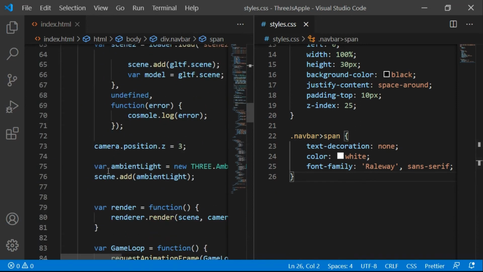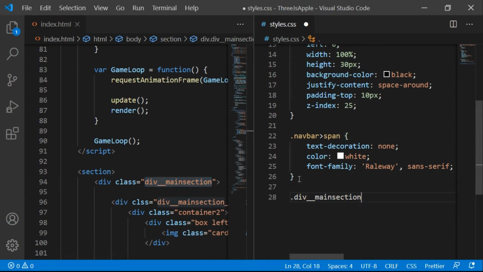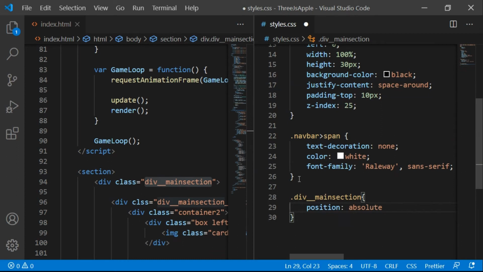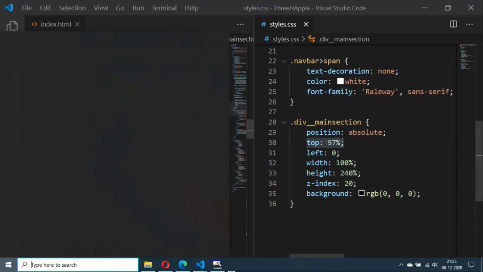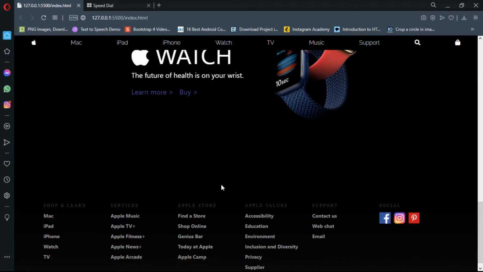Okay, so we have already targeted this navbar and each and every span tag. So let's target this div underscore main section here. And let's add position as absolute. I will try to write the code where it is necessary, but I will try to paste it the maximum number of times because I really don't want to waste your time, because we have already done around 15 minutes of coding for this project and I don't want to make it much longer than this.